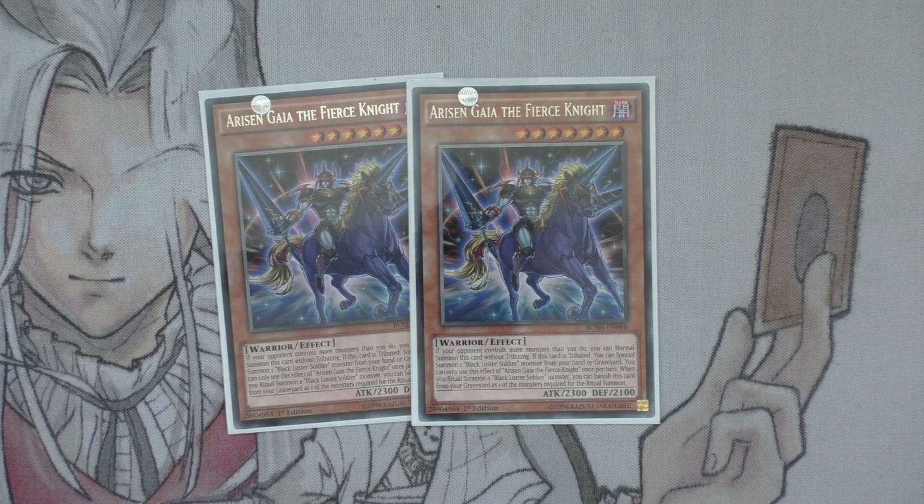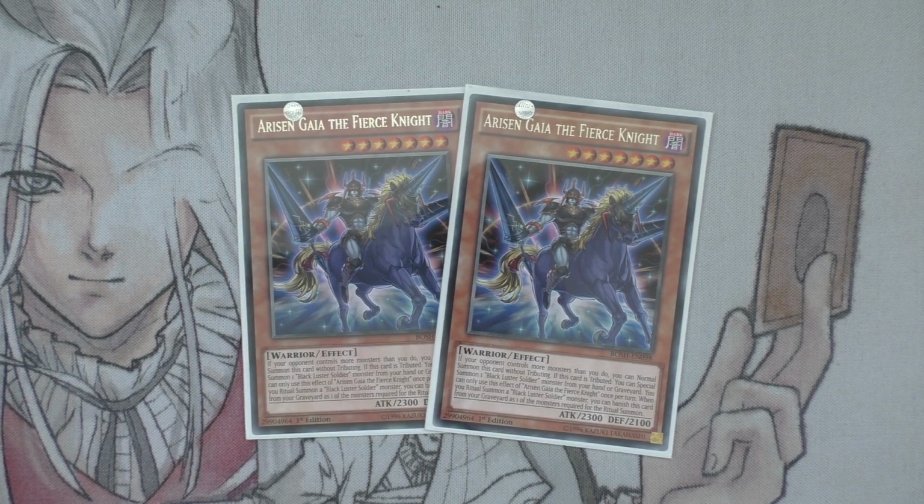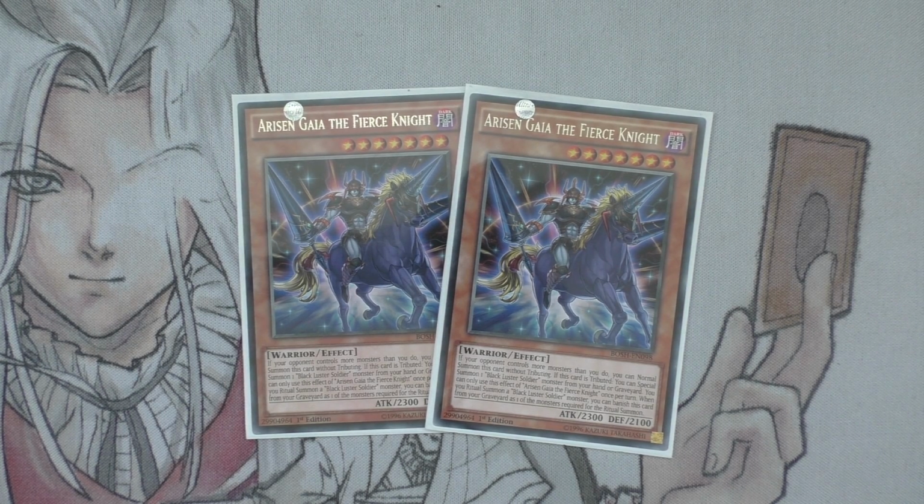You can only use the effect once per turn. When you ritual summon a Blackluster Soldier monster, you can banish this card from your graveyard as one of the monsters required for the ritual summon. So really nice 2 effects there. You are able to special summon out a Blackluster Soldier monster if it's a ritual that's correctly summoned, of course, and you can bring back the normal Blackluster Soldier Envoy at the beginning, or even the Sacred Blackluster Soldier. So they're important ones